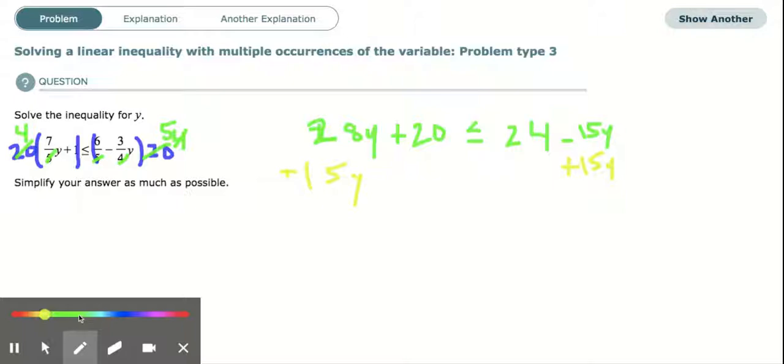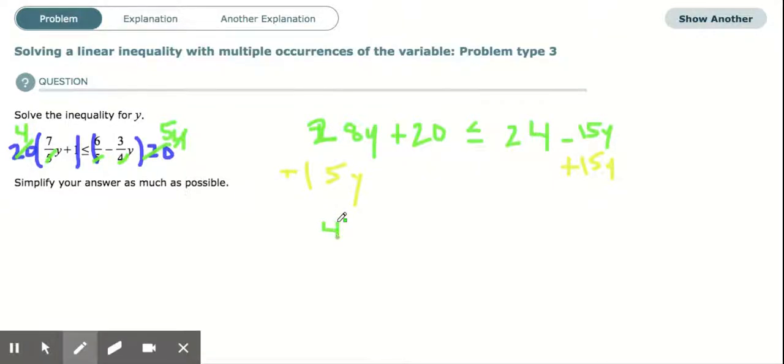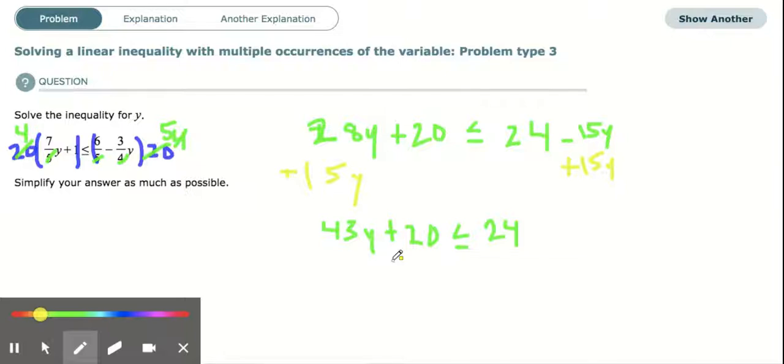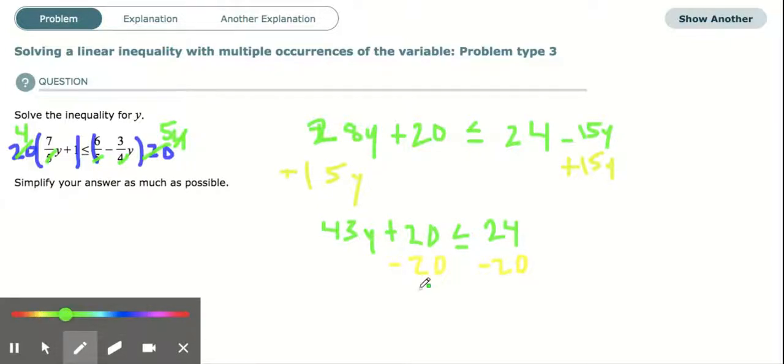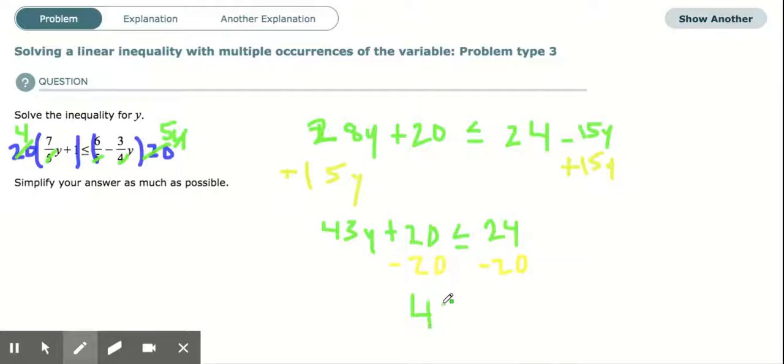And 28 plus 15 will give us 43y plus 20 is less than or equal to 24. Now that I've moved all the variables to the left side, I want to move all the constants to the right side. So I'm going to do the opposite of positive 20, which is negative 20. Now, one thing you have to remember when you're doing this